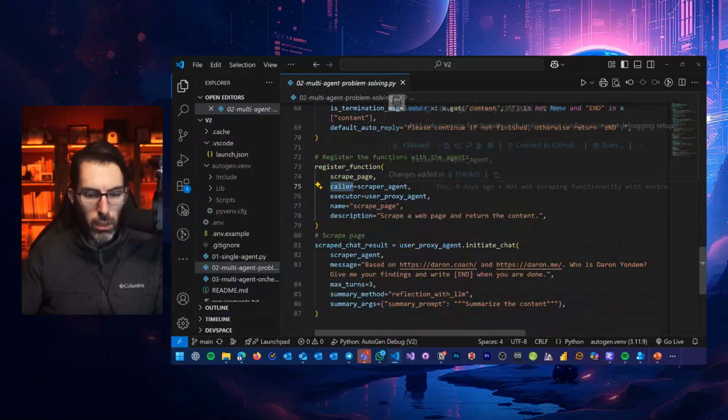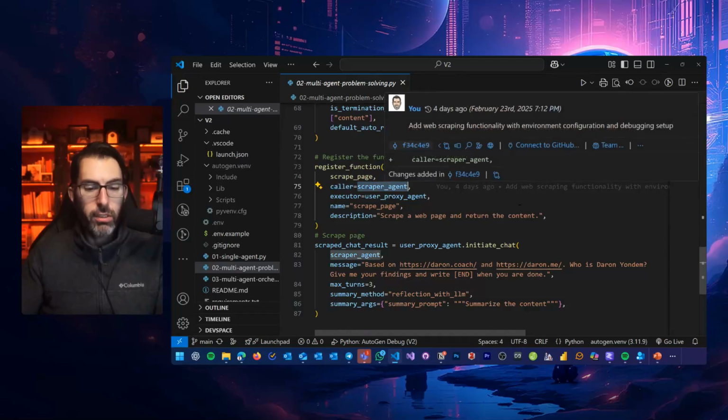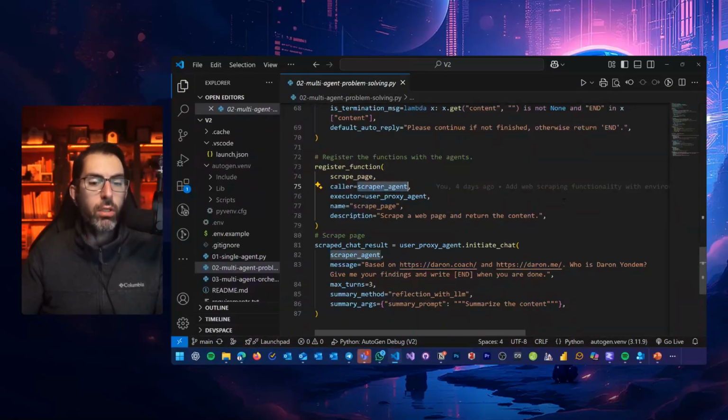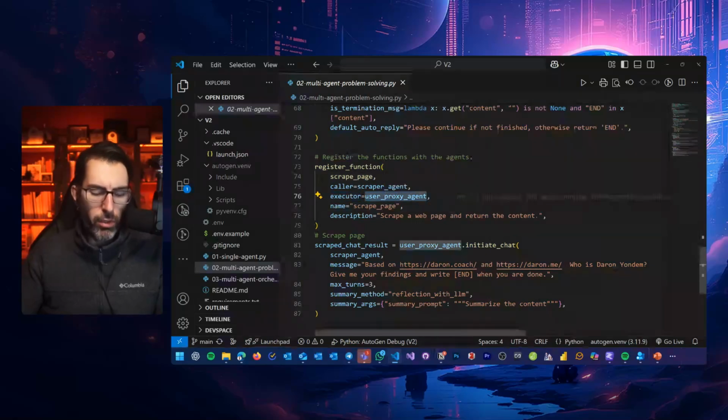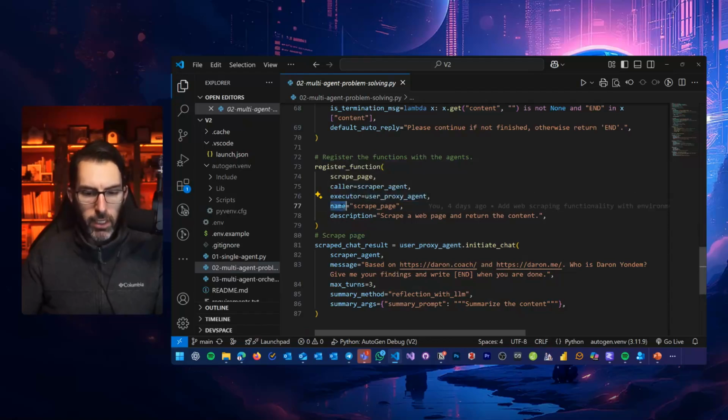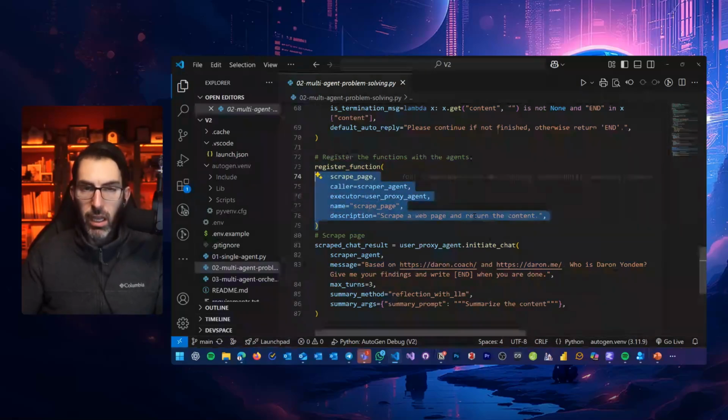Who is the caller? It's the scraper agent. So the scraper agent can call the scrape page function. Who is the executor? Who is going to execute this? It's going to be the user proxy agent. I'm going to use it as a placeholder or a wrapper. Finally, I give this a name and a description so that we know what this skill is